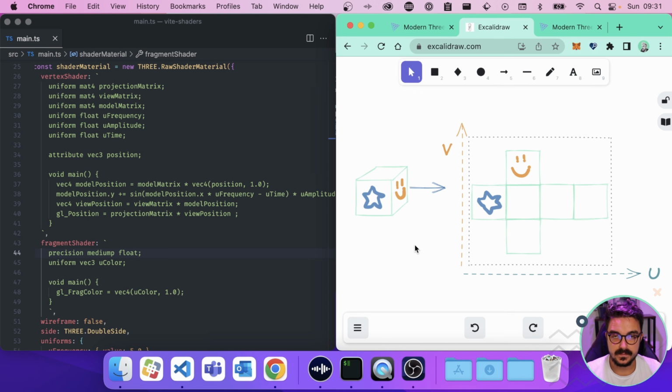So basically it's the same concept. If you disarm this cube and you put it on the floor or on the table, it's gonna be in a bidimensional plane that is gonna have a height and a width, right? So that's basically what a UV mapping is. It's just taking the 3D shape and putting it on a bidimensional plane.